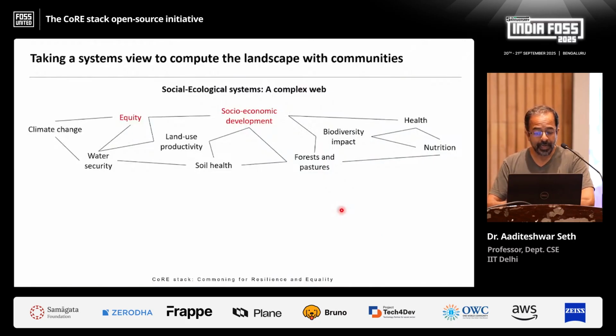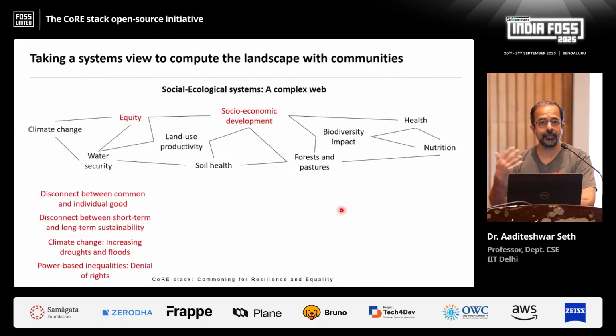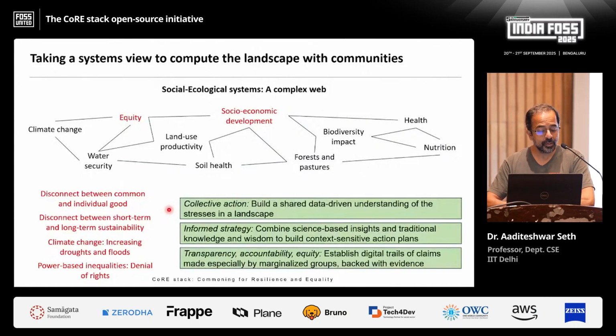And now the challenges. When we think about a landscape, what are the challenges here? All of us understand that we have been living in a very interconnected web where water, soil, and biodiversity have feedback loops with each other. And we have royally, totally messed it all up. What are some of the big issues because of which the fault lines are very common? There's a disconnect between individual good and common good, a desire to move fast, and so on.